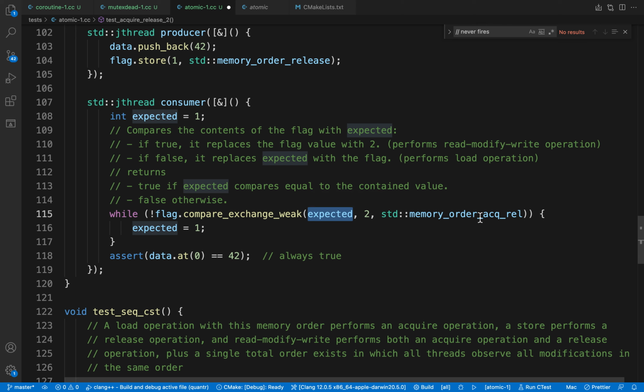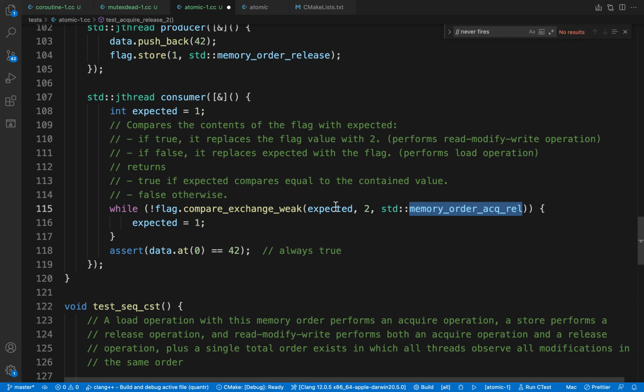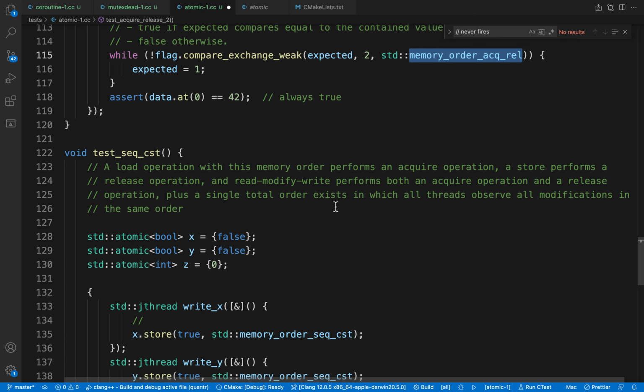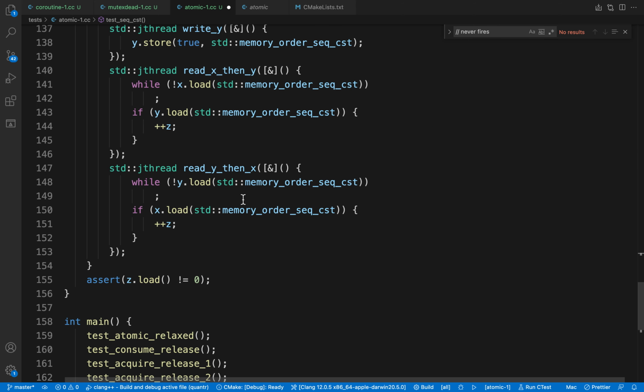So in that case, we want to use memory order acquire release, because we want to make sure when we read, we are doing a memory order acquire, and when we write, we are doing a memory order release. So that's another example of acquire and release, and the sequential consistency we just mentioned,